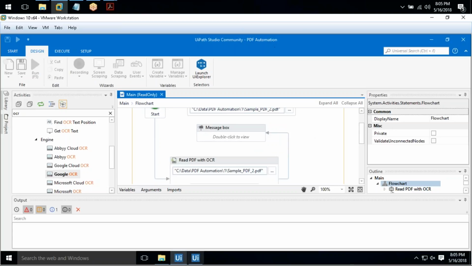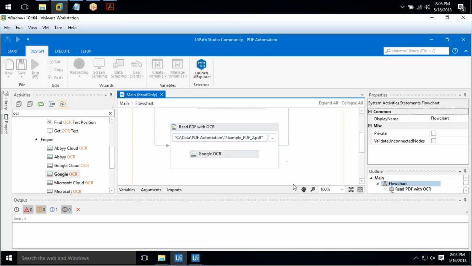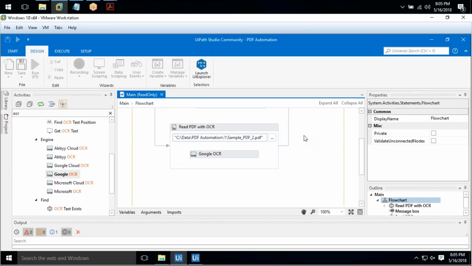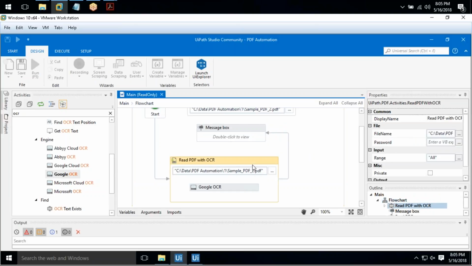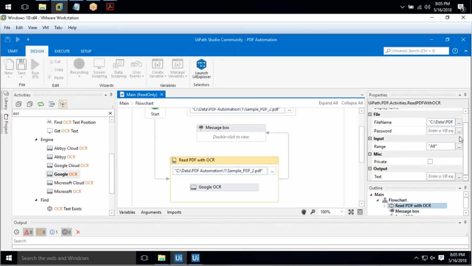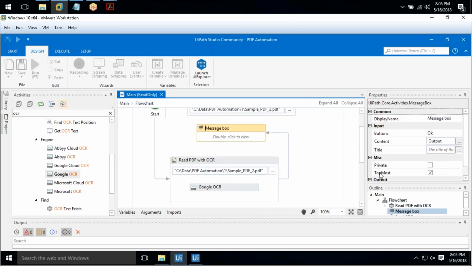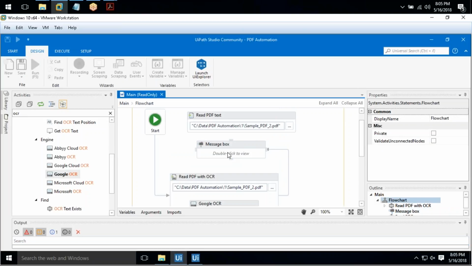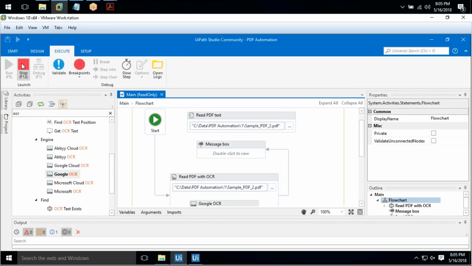So it is still executing. We need to wait for some time. So I'll stop it